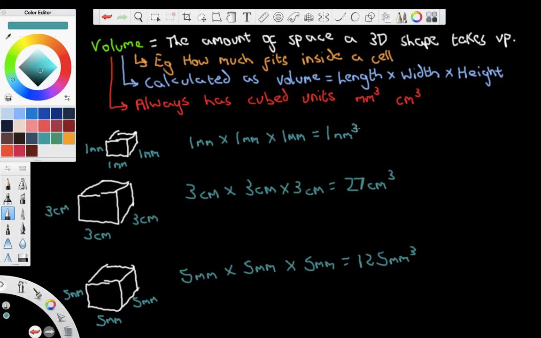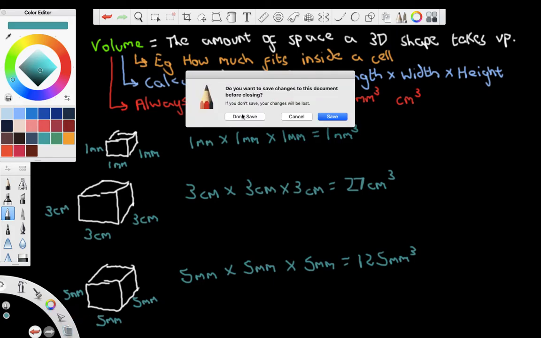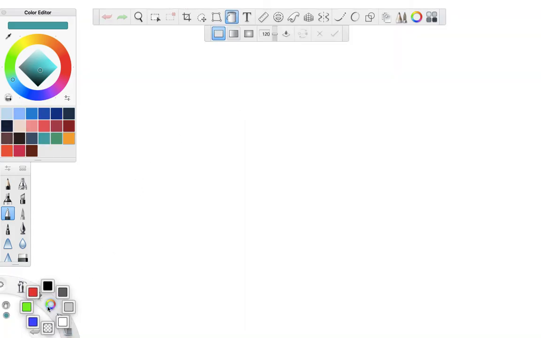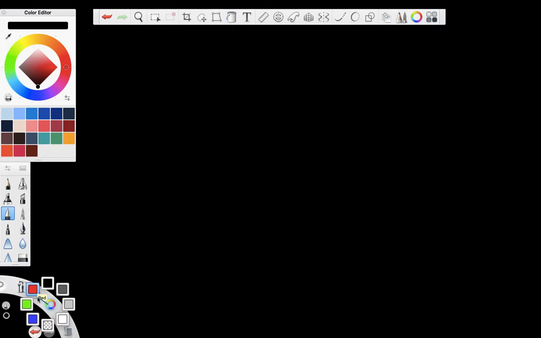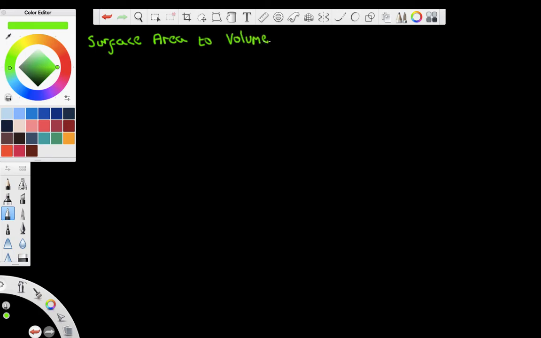Let's move on to our final bit of this lesson then, and start having a look at surface area to volume ratio, and this is a bit more difficult. We're going to combine the two ideas together now, and this is the bit where it becomes especially important for biology. So, surface area to volume ratio. We can define this as the relationship